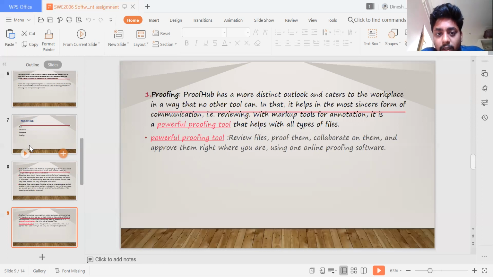With markup and annotation tools, it is a powerful proofing tool. You can review files, collaborate on them, and approve them right where you are, using one online proofing software.